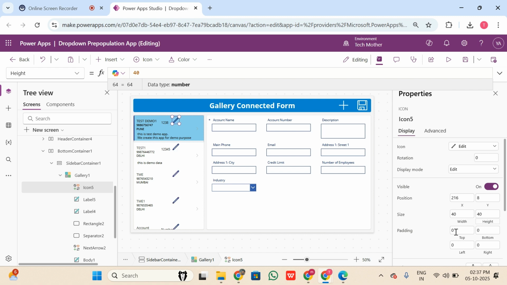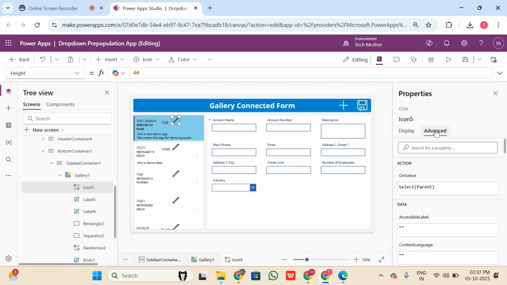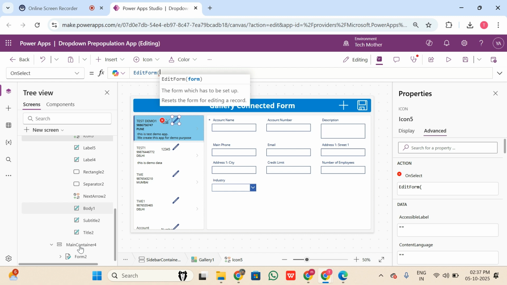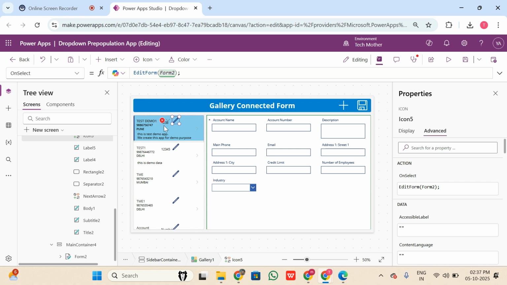Once this is done, for switching this form to edit mode, we can go to the advanced property and select the OnSelect property. On the OnSelect property I will remove this formula and add a formula like EditForm, and the form name, we will see whether the form is Form2. So I will select Form2. In this way we will switch this form to edit mode.